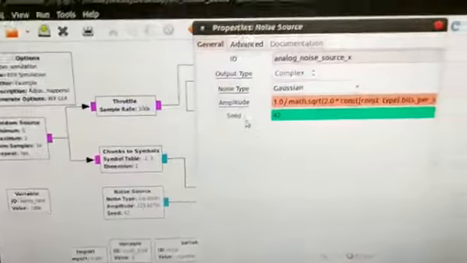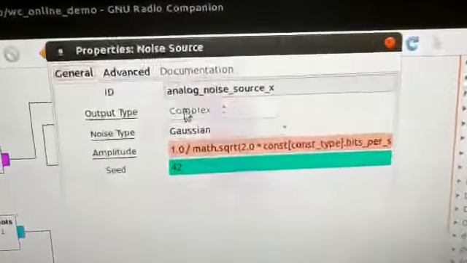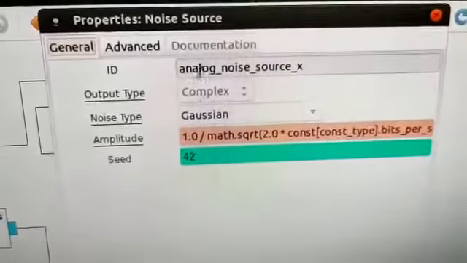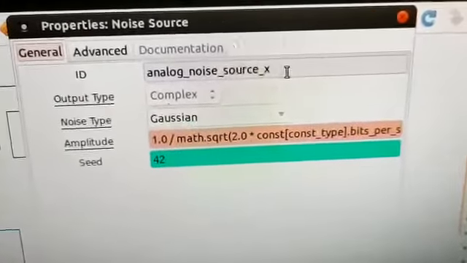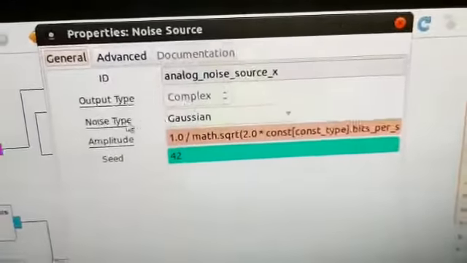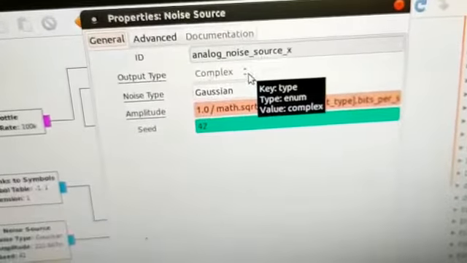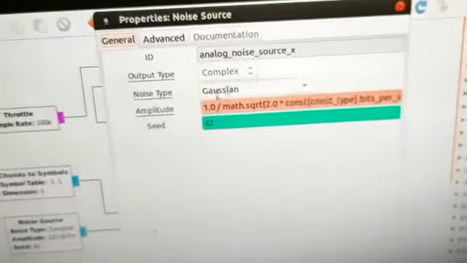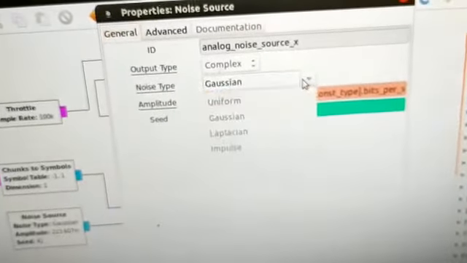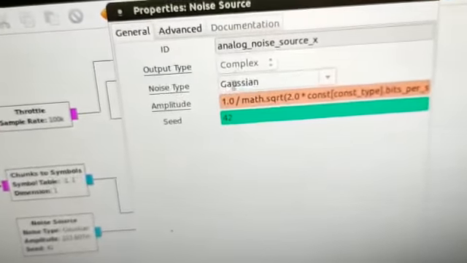In the case of the noise source, there are 5 parameters. For the ID, by default it will be whatever ID you want, you can give it. The data types should be the same throughout for all the blocks. Here we have used complex. Again, the noise type you can change. Most commonly used is Gaussian, so hence we have used